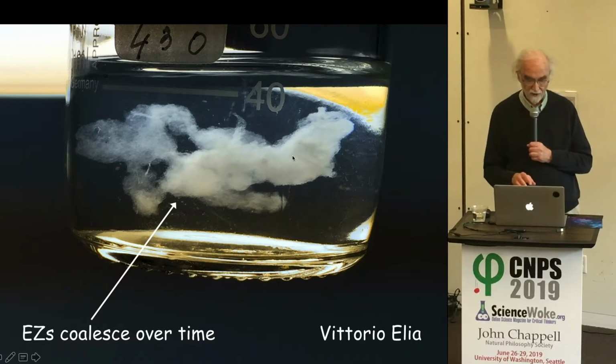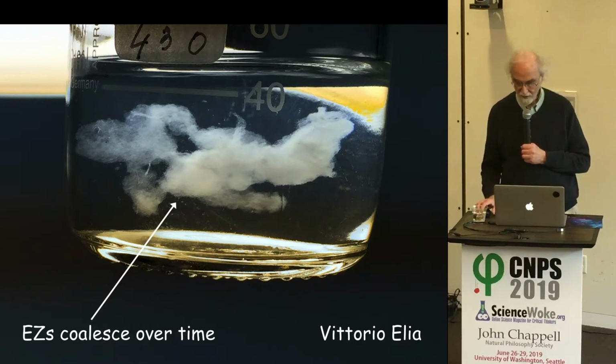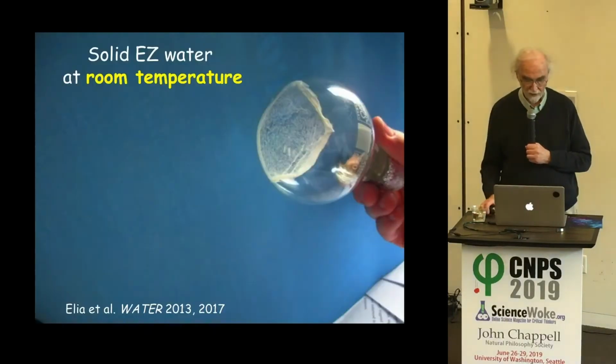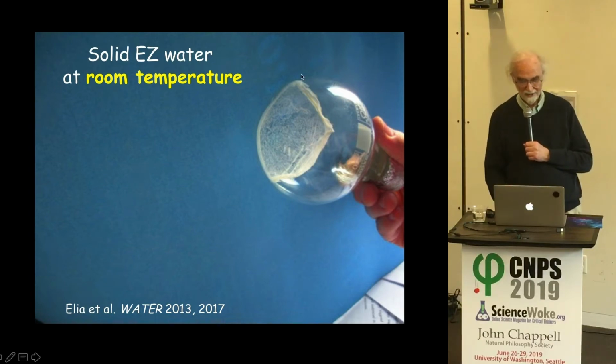But the real experiment they did to get the solid is not this one. They took the water and put it into a flask, and put it through a lyophilizer, which is a device that protein chemists use to get rid of free water, and then took it out and brought it back to room temperature. This is what they got. This is a residue that's sitting at the bottom, and they could scrape it out. They could do mass spectrometry to find out that there are no serious contaminants. This is basically a kind of water.